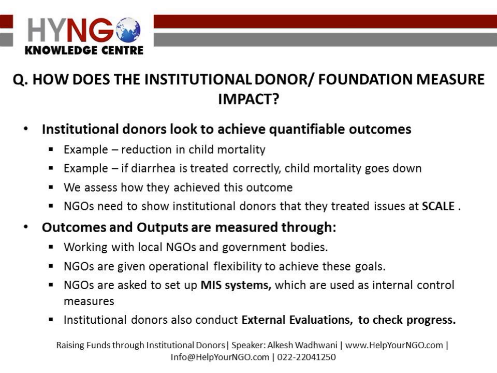So, for example, in childhood diseases, if diarrhea and pneumonia come down, then deaths will go down. Or in neonatal mortality, if neonatal sepsis is treated correctly, then deaths will go down. So our, in a way, contract with NGOs is to say, show us that you treated things like neonatal sepsis, diarrhea, pneumonia at scale, and that this is increasing over time, correct treatment of these diseases. So, we typically measure outcomes, which is reduction in mortality, or outputs, which is reduction or increase in treatment of cases, and then we give the NGO flexibility to see how they achieve this.